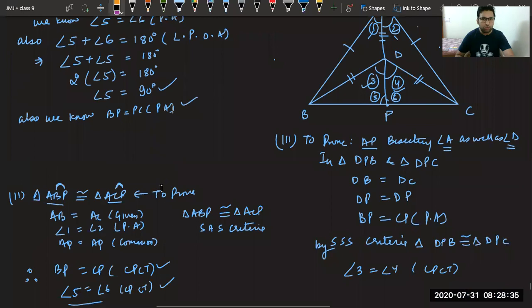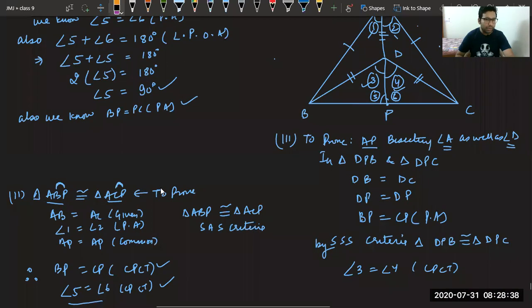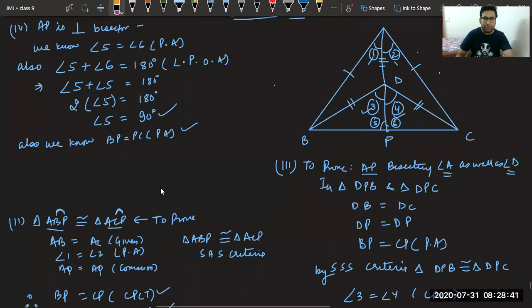In second part, we proved triangle ABP congruent to triangle ACP. See, this ABP bigger triangle is congruent to ACP. This angle 5 and 6 are corresponding parts of congruent triangles. I hope you got this now. 5 and 6 were corresponding parts of congruent triangles. That is why they were equal. Okay. So we have to understand whenever we prove a part, we should leave 2-3 lines over there. After every part, we should leave 2-3 lines so that afterwards, if we need a key, we can make it backwards. Okay. Now I hope it's clear to everyone.